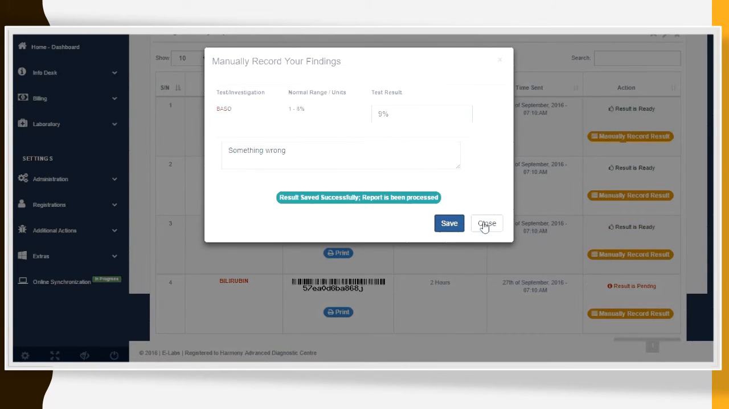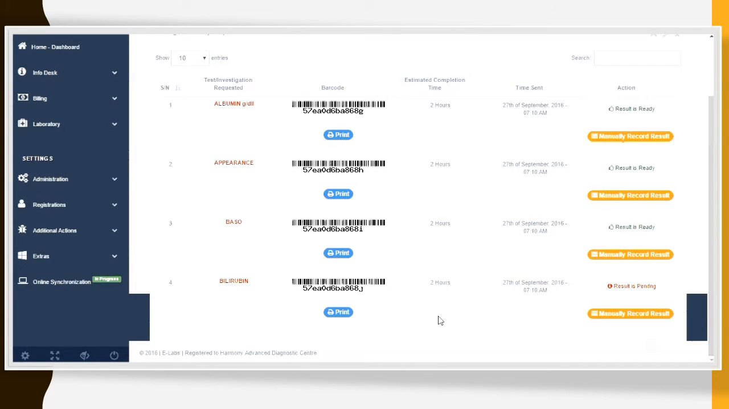Okay, save. The result is being processed. Now when this is done, something happens. When these four results are completed, when each of them says the result is ready, automatically the system finds out that the four results